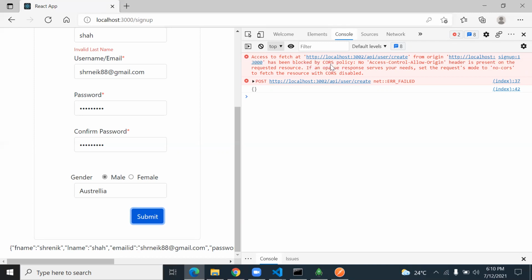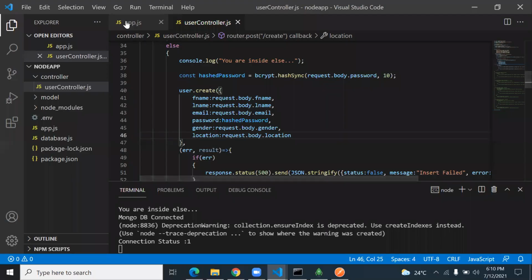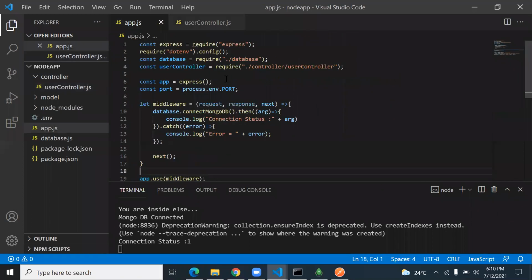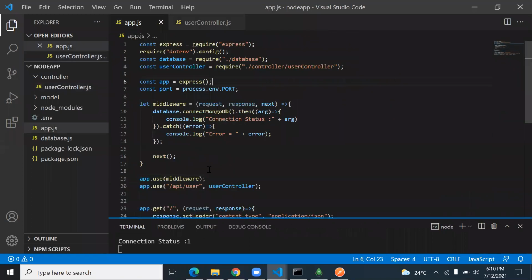So what is this CORS policy? See, you are using the backend API, but how will the backend identify who you are? Anybody can create a React application and hit a request to the backend, so the backend will not allow you until you tell it who you are.